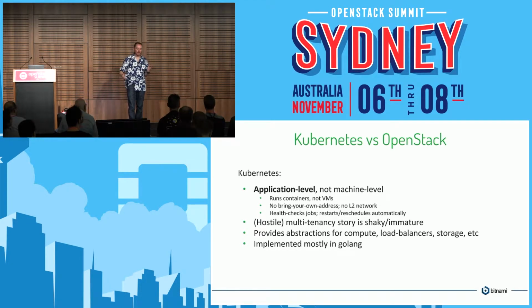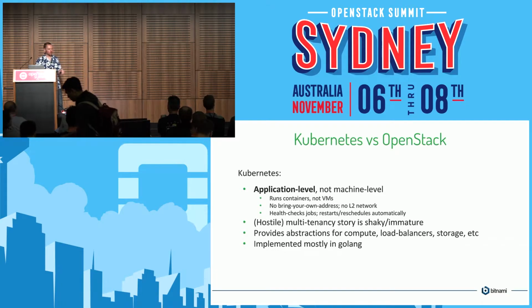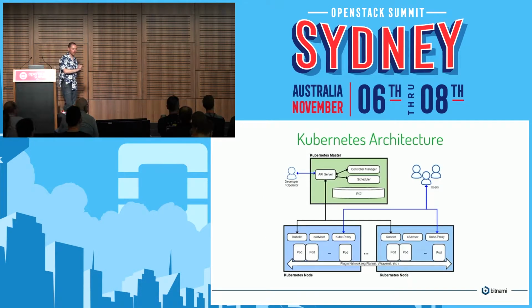And then the only other difference, which is interesting to this talk, is that Kubernetes is implemented mostly in Golang, whereas, of course, OpenStack is mostly in Python, which matters if you go and look at the code, obviously. So for the purposes of this talk, that's our main description. And of course, this is actually taken from the Wikipedia page. So this is a standard diagram of Kubernetes.